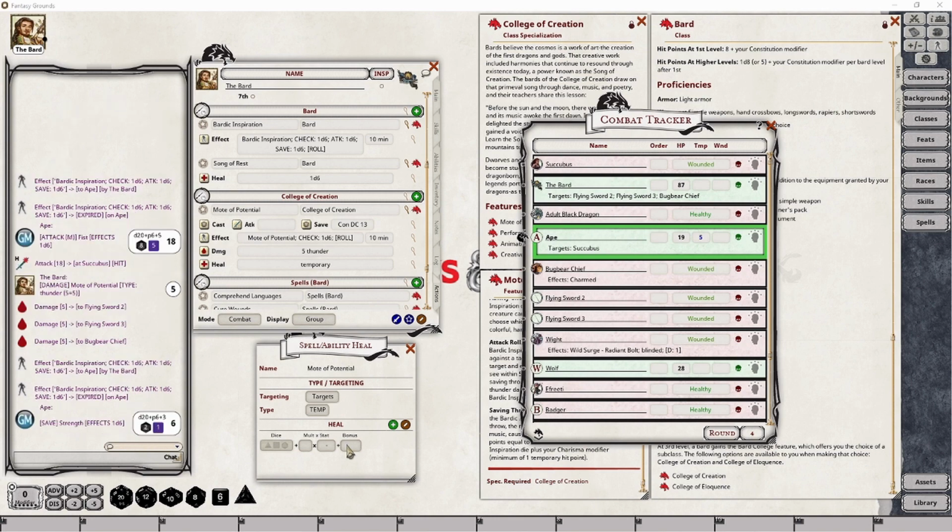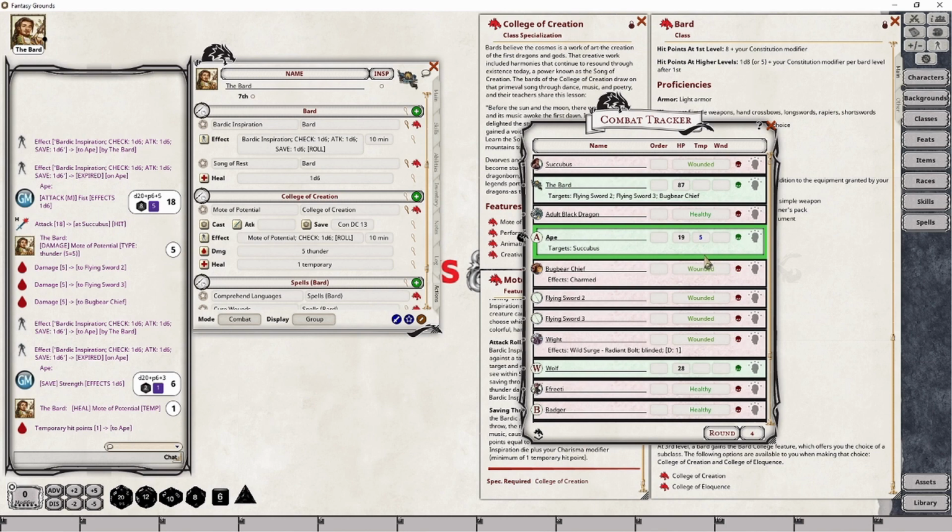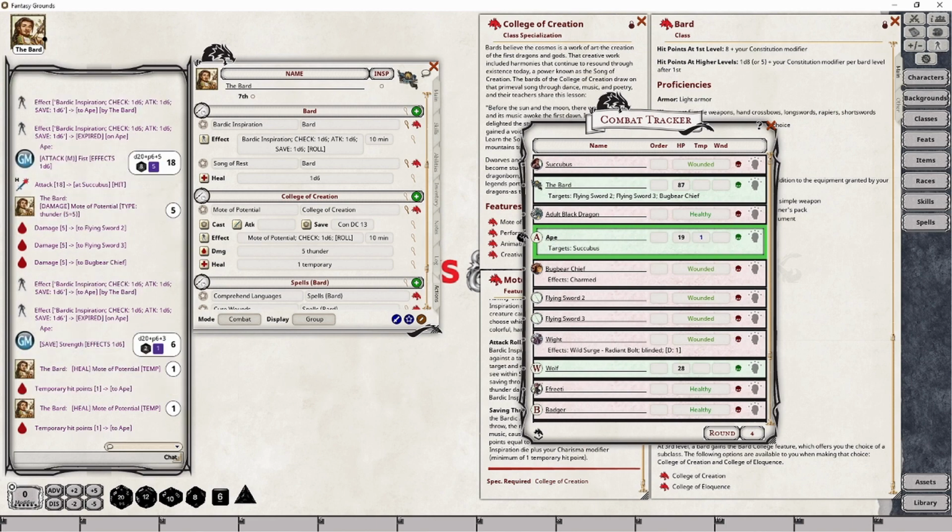In this case, it's a 1, so we're going to grant them a single temporary hit point. And that's it. That's all you have to do. Now, they had 5 in place, so the 1 didn't get applied. But if I clear that out and then apply that again, you'll see that they will be granted 1 temporary